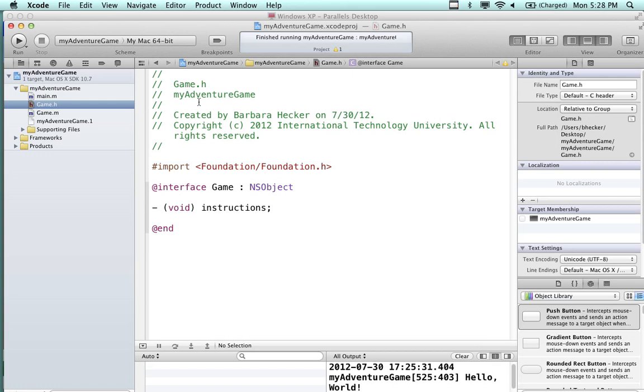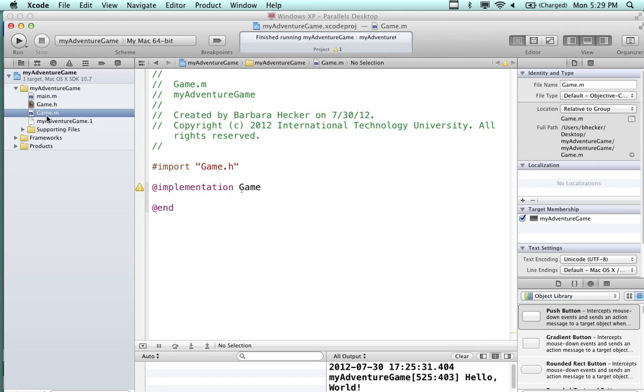So this is the interface of the particular method that we're going to implement in the implementation in the .m file. In the .h file, normally it's